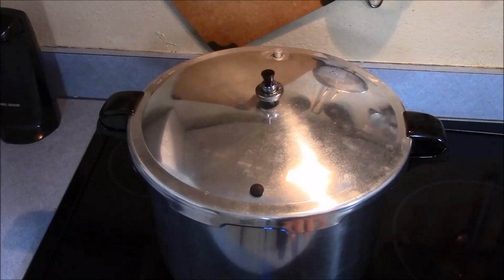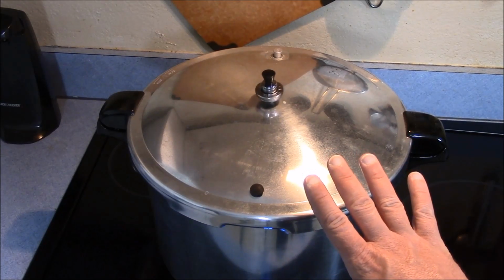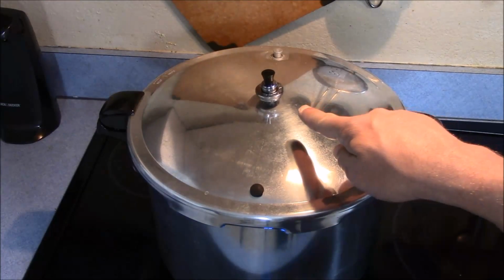And I find that works out to be a pretty good spot. Whenever you make temperature adjustments to this, give it a few minutes to adjust before you just call that good, because it's going to take a few minutes for that pressure to regulate. So this is about,